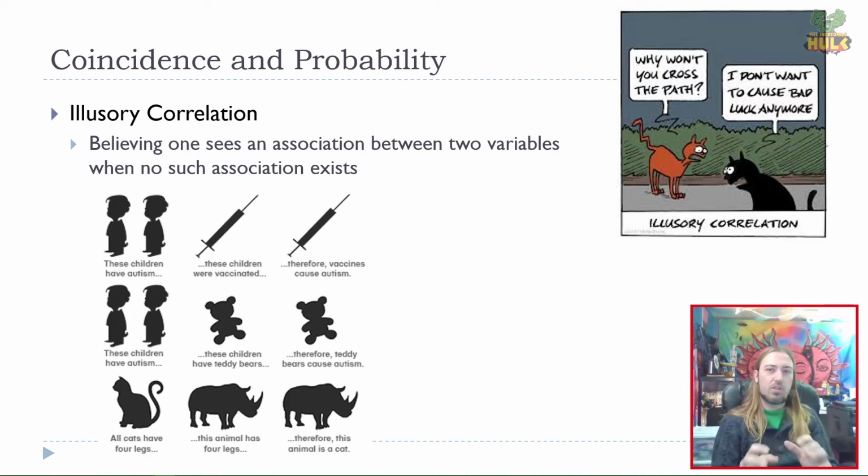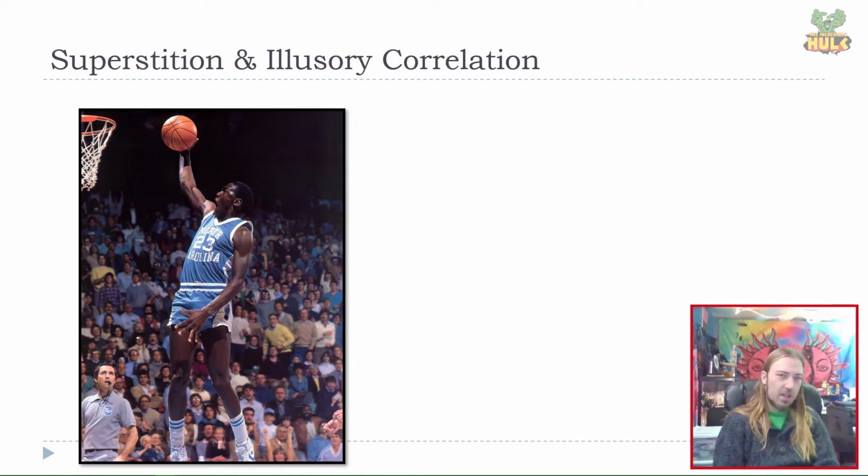So we have to, as researchers, be very careful when we read into what it means that two variables appear mathematically to be related. Are there other third variable causes that might be involved? This stuff we'll elaborate on in our discussion of correlation, but I wanted to touch on it here. One good example of this is superstition, right? As I already sort of highlighted.